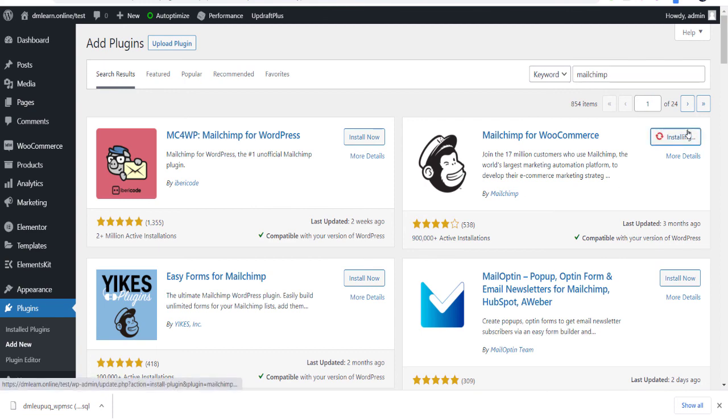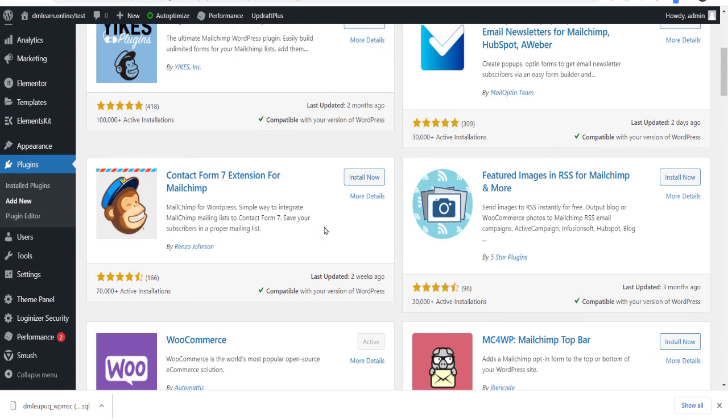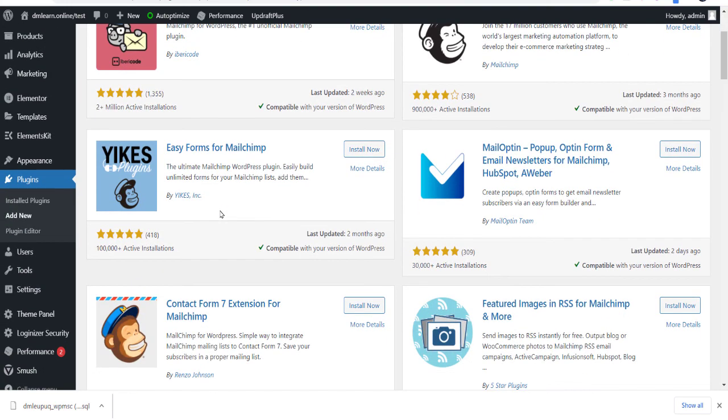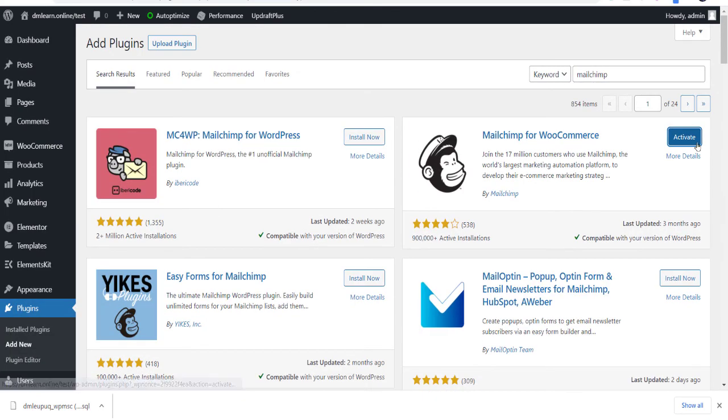Just click Mailchimp for WooCommerce, because we have installed WooCommerce. You can see it is by Mailchimp, as other plugins are using people's names. Don't be misguided, because they can steal your data. You don't know which company. We want to work with the official one. So click activate. So we have Mailchimp.